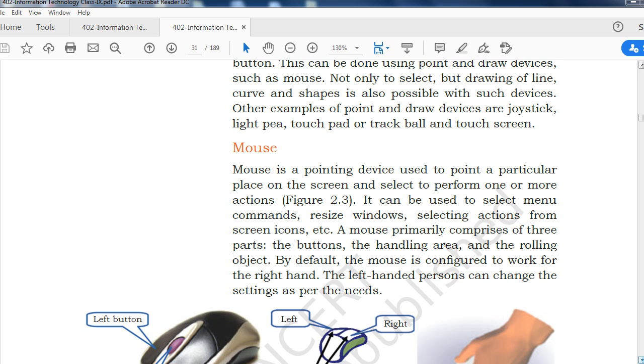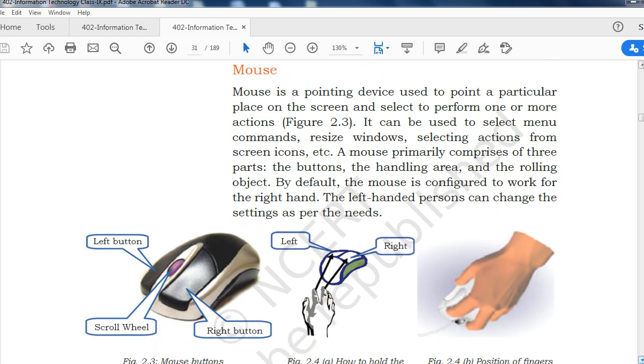We can select, give commands, select icons, and resize. A mouse primarily comprises three parts: the buttons, the handling area, and the rolling object. By default, the mouse is configured to work for the right hand. A left-handed person can change the settings as per their needs, right?